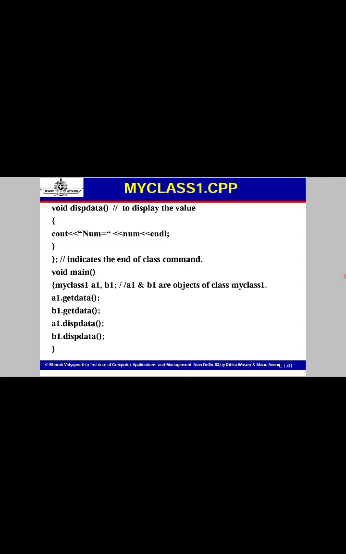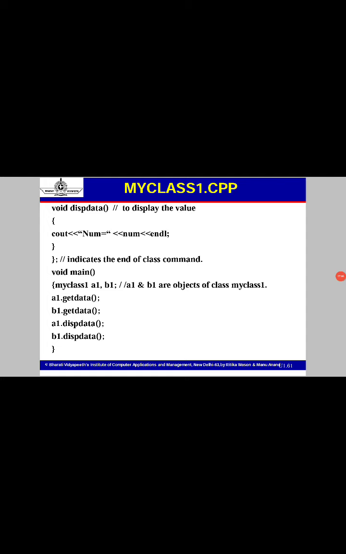screen. After that we may close the class and begin the main function of a C++ program. After that we may create objects of that class. What is the class name? The class is myclass1. So we are going to create two objects, A1 and B1. myclass1 is the original class, and A1 and B1 are the two objects. We may create any number of objects,